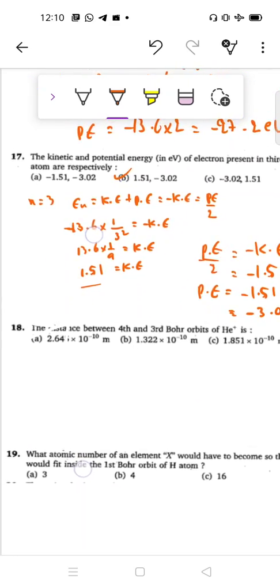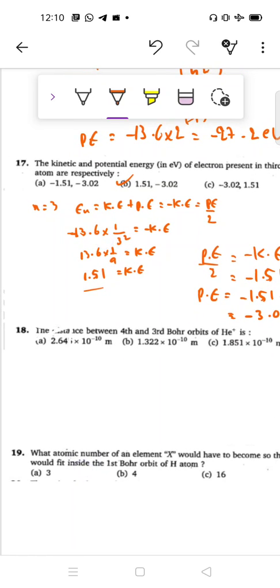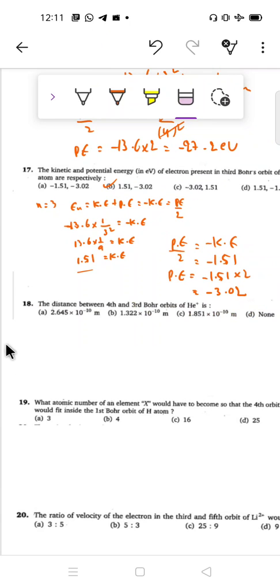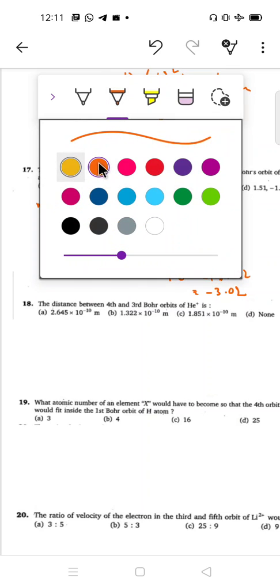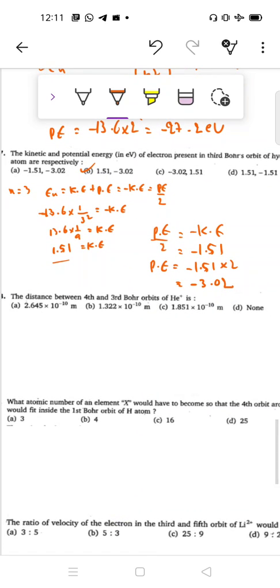Next problem, the 18th problem. The 18th problem is like this. The distance between the fourth and third Bohr orbits of a helium plus ion is,